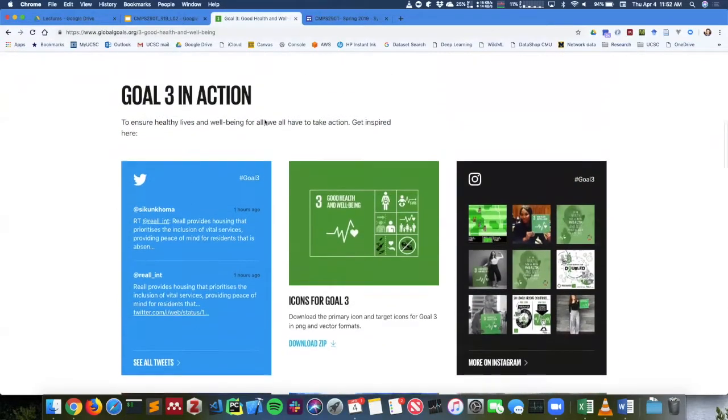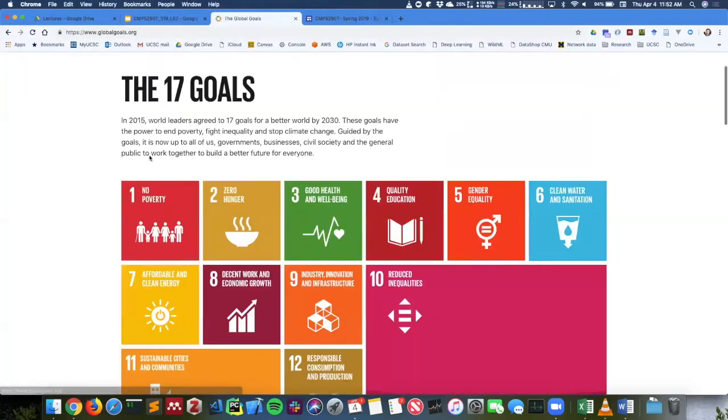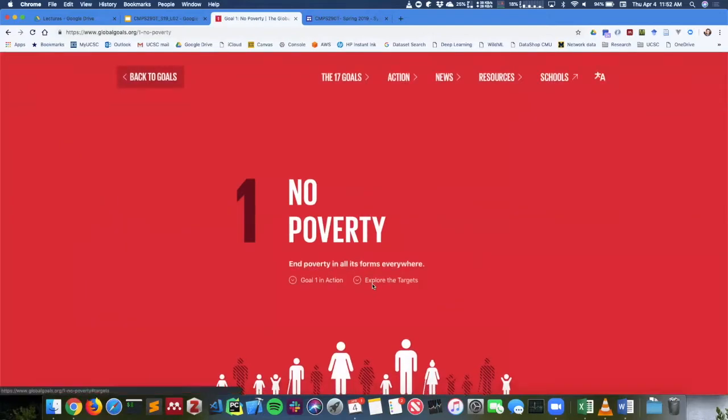So what I want to do today is cover some of these targets and just have a general discussion. If anyone has some opinion on any of these targets, maybe we can discuss that. And primarily, looking at a target, can you think of a computer science solution? It doesn't have to be ML from the beginning, and we can then think whether any prediction model can really help, or any kind of detection can help. But just look at a goal, look at a target, and see if you can think of a certain kind of computer science approach to target it. So I'll probably start with the poverty goal. And if you look at the targets,